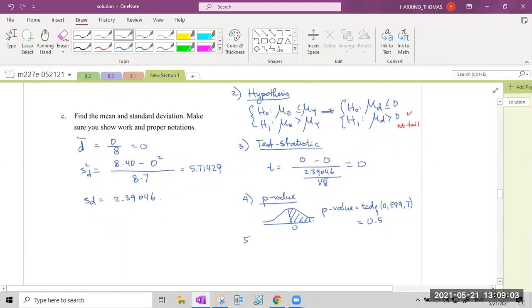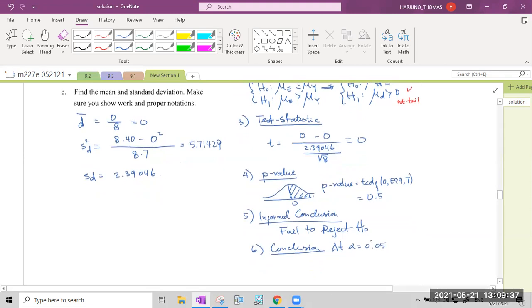Now then, informal conclusion: fail to reject null hypothesis. And step 6, conclusion. At alpha equals 0.05, there is insufficient evidence